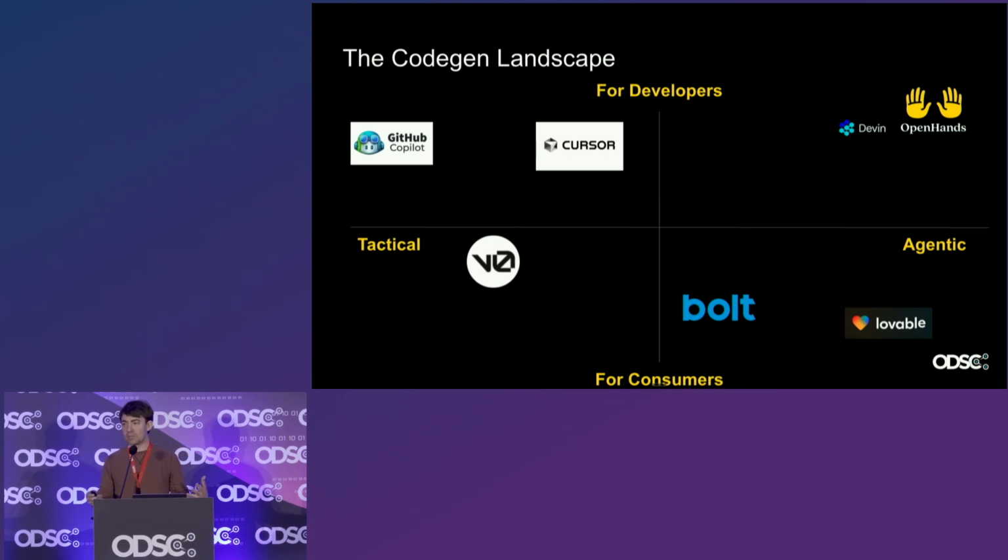Within the code gen landscape, I think there are a few different tools that are available, and agents are kind of one part of the picture here. So I like to lay out the landscape. In particular, if you look along the x-axis, at one end of the spectrum you have these very, very tactical tools that live inside of your IDE. GitHub Copilot is a very extreme example here, where it's inside your IDE, editing the code wherever your cursor is pointed inside of the code base right now. If you're deeply engrossed in a problem, you're actively working on it, the AI is helping you go faster.